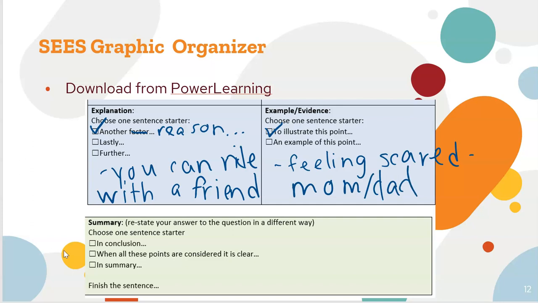Lastly, we're going to write a summary sentence. We're going to restate our answer to the question, but in a different way. There are 3 sentence starter ideas for you. I think I'm going to choose the second one. When all these points are considered, it is clear